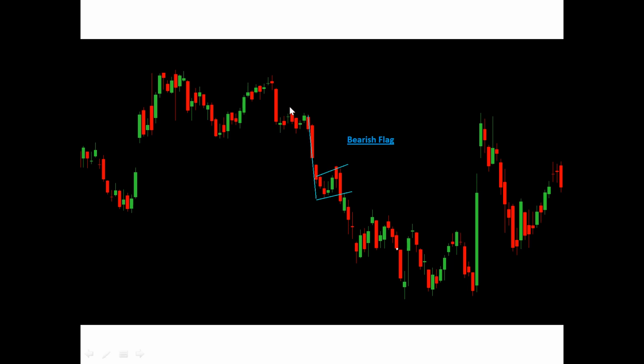A bearish flag is a continuation. This was a downtrend, right? We have an impulse down move, the market goes into consolidation, and when the breakout happens, we have a huge down move. So we resume the trend, or we continue the previous trend. Here in the consolidation we are sideways, right? But after breakout we are continuing the previous trend. So the flag pattern is a continuation pattern, either to the upside or to the downside. So that's about flags.